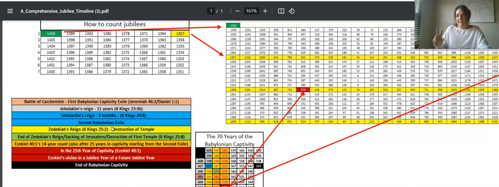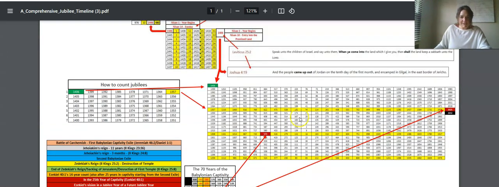So I actually identified 2 other events in history that occurred in Jubilee years. Josiah's Great Passover, which occurred in this Jubilee year right here, 622, and the date of Ezekiel's vision, which is entirely pertinent to the end times. Now what you will see here